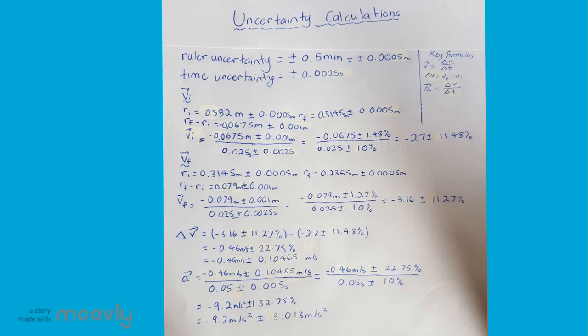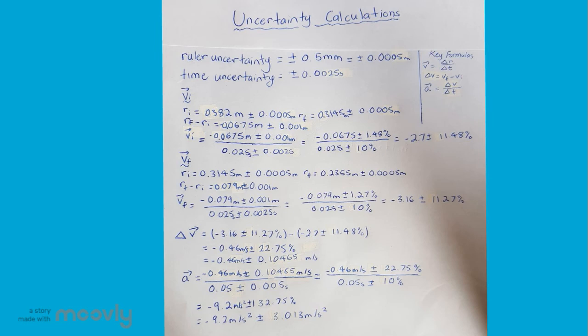So there are two random errors that must be taken into account for the calculations of the acceleration. Since the ruler's smallest increment is 1 millimeter, we can take half of this and say that the error in reading measurements is plus or minus 0.5 millimeters. The second error is within the time measurements, and the uncertainty in this is half the smallest measurement of one frame, which is half of 0.005, making the uncertainty plus or minus 0.0025 seconds. Following the rules of uncertainty calculations, the acceleration is negative 9.2 meters per second squared